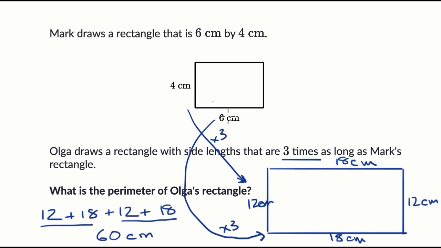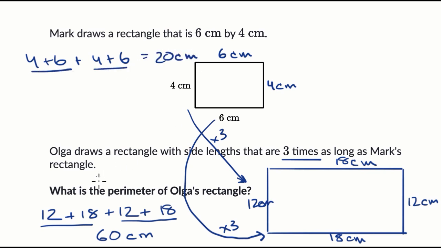So what's the perimeter for Mark's rectangle? Well, the height on the other side is also going to be 4 centimeters. This up here is going to be 6 centimeters. So this is going to be 4 plus 6 plus 4 plus 6, which is 10 plus 10, which is equal to 20 centimeters. Now notice, Olga's rectangle, each side is 3 times as long, and the perimeter, the sum